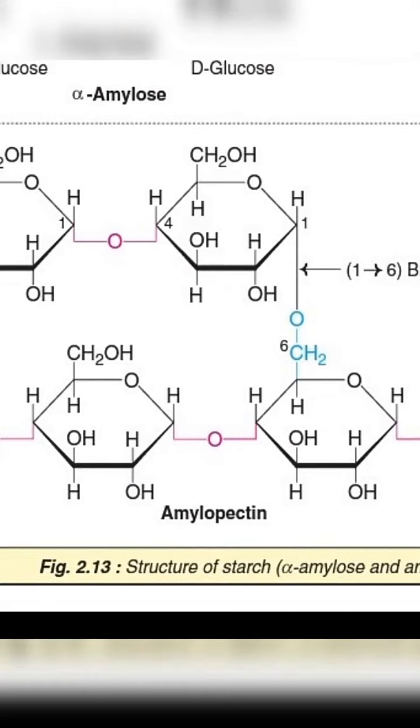And also in amylopectin there is alpha configuration, but one additional feature, that is at branching there is a 1 to 6 branch linkage, while at the non-branching end the sugar units are connected by the 1 to 4 carbon glycosidic bond. So glycosidic bond basically means the bond is formed between two monosaccharide units.